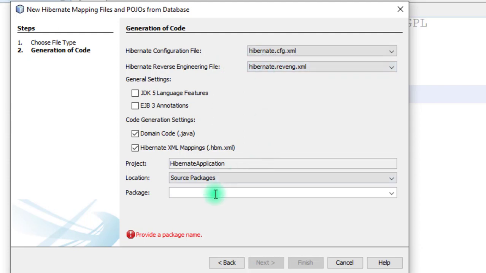Now the package name. I will write the package name as mypackage, and then click on finish.